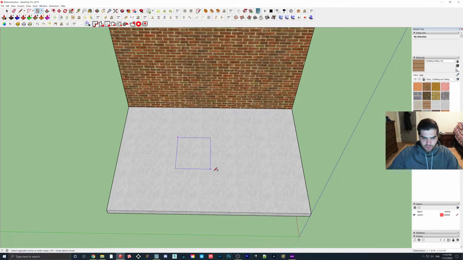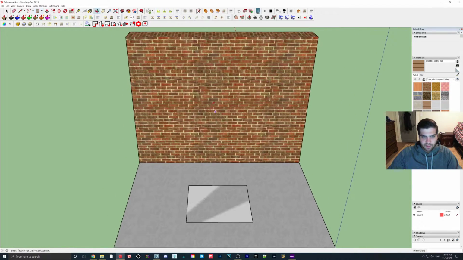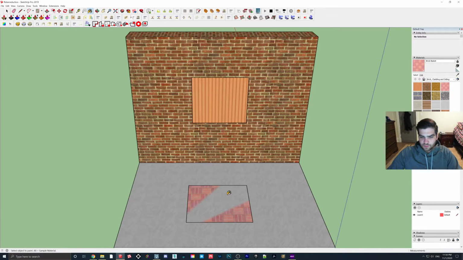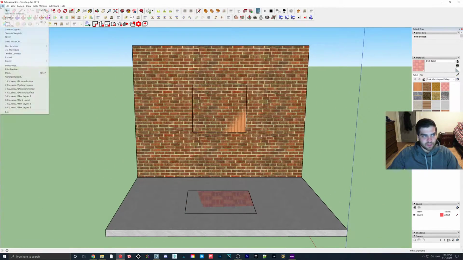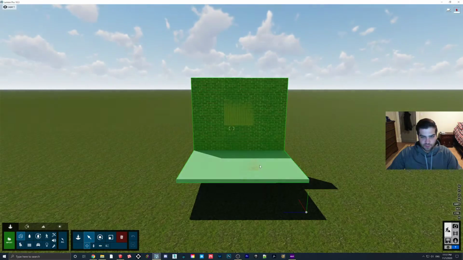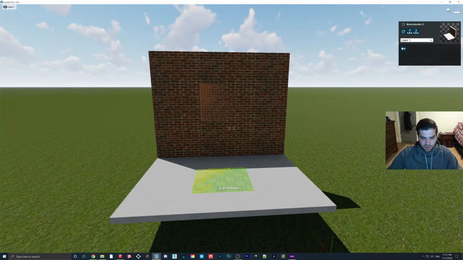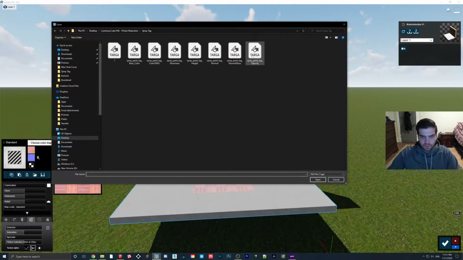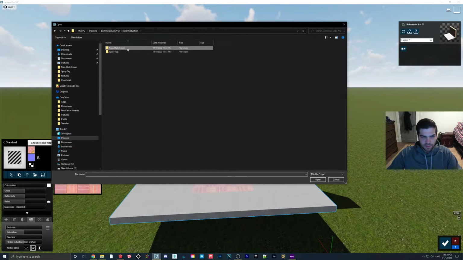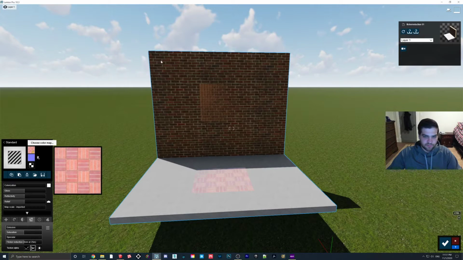Okay, so what I'm going to do is draw a small square here, and draw a small square up here. I'm going to put two random textures on it, and I want them to be flickering like that because we need to fix that. So I will go back into Lumion now, and then hop into the material mode. I'm going to find two decals that I used in my other video. So I believe this one